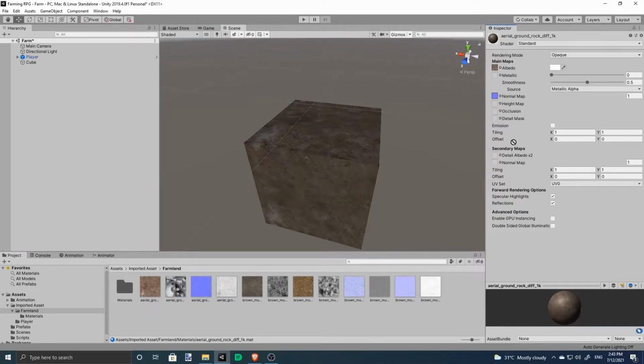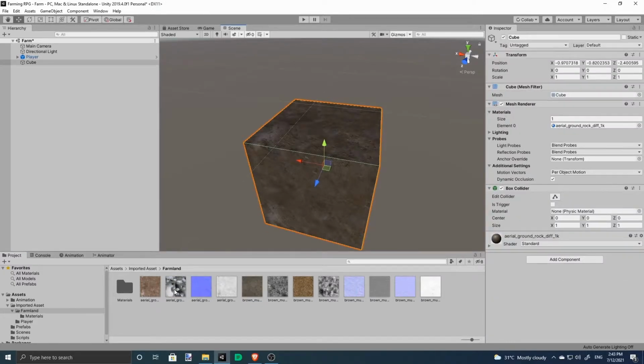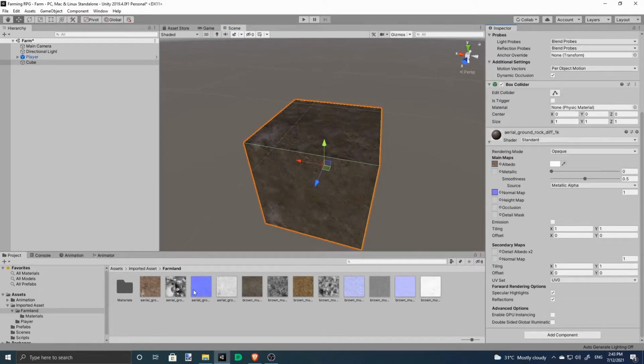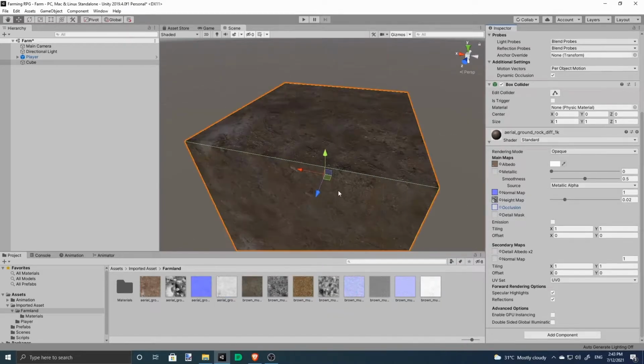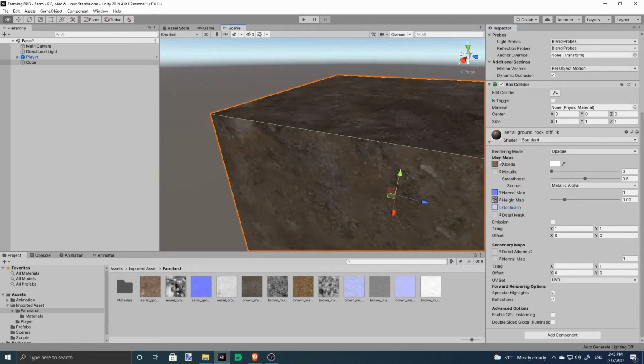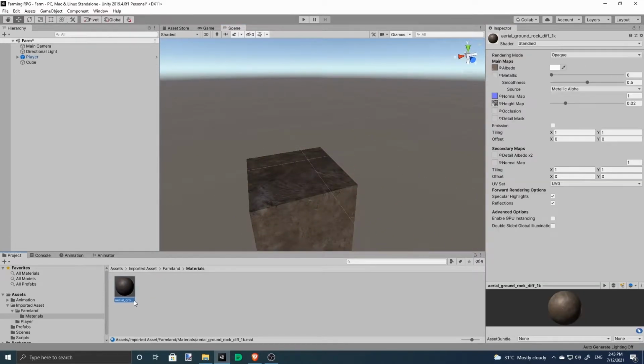This aerial ground rock disp will go to the height map. Okay, got it set up for this material. Let's rename it. Call it dirt.